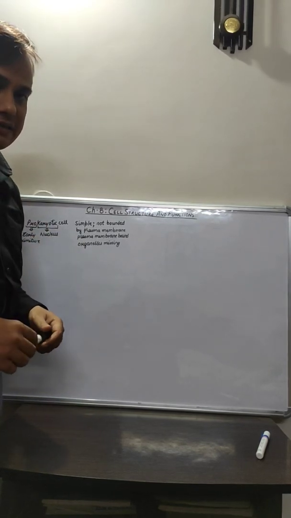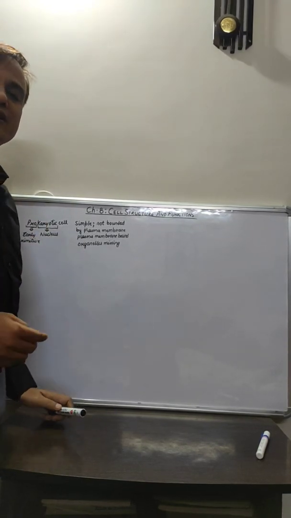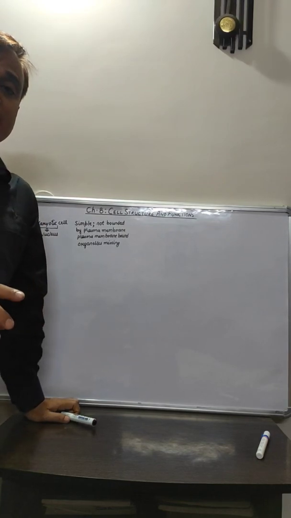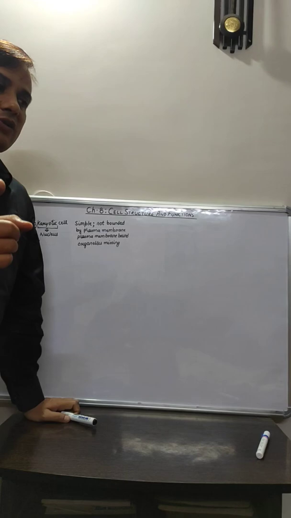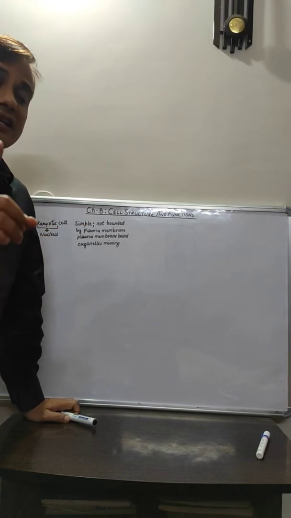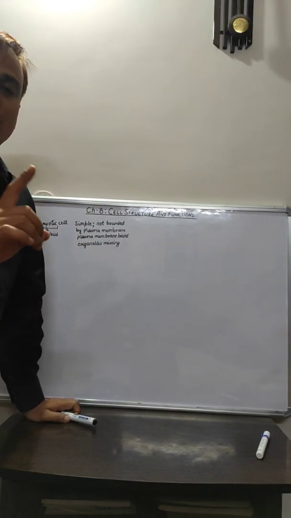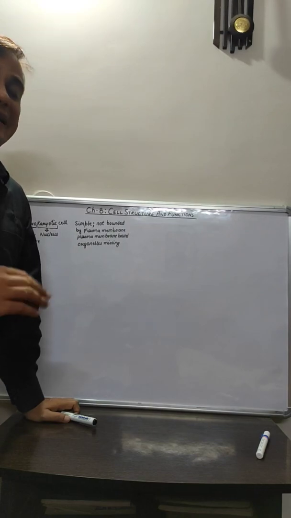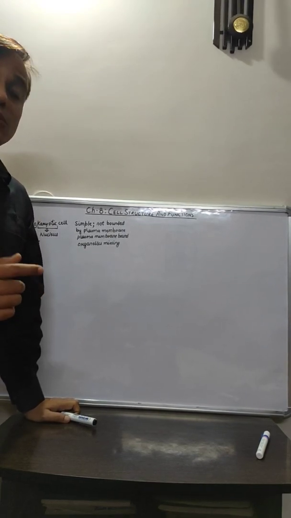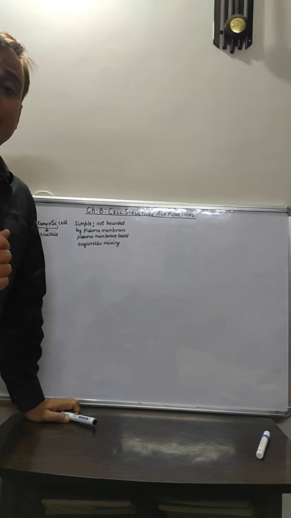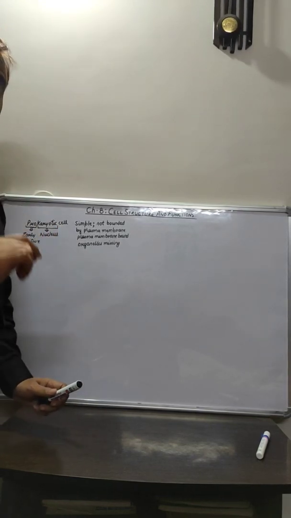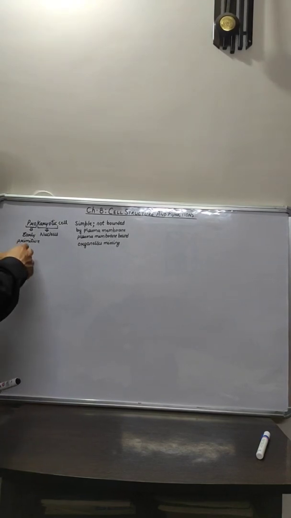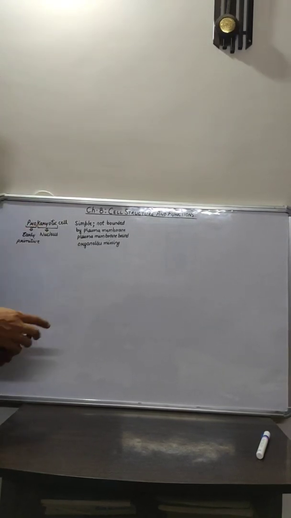Now the question arises here. The unicellular organisms are those type of organisms which have only one cell in their body, and they can also be called single celled structures or organisms, like bacteria, blue green algae, amoeba, paramecium, euglena. All these are the examples of unicellular organisms, and they are also the example of prokaryotic cells.